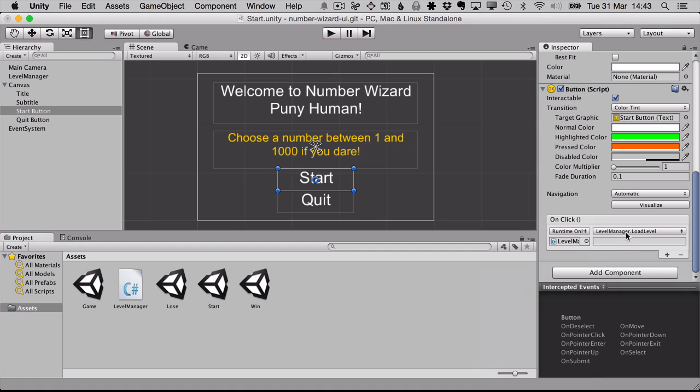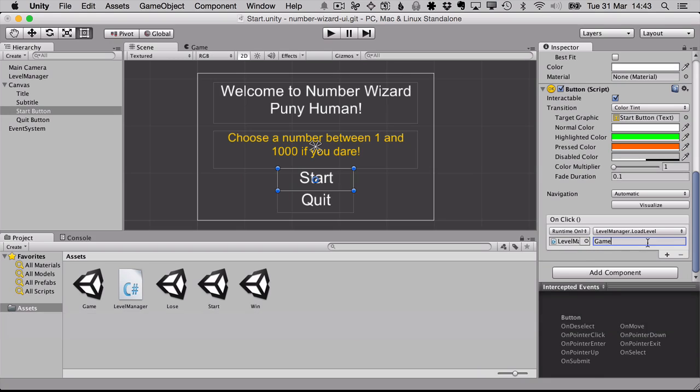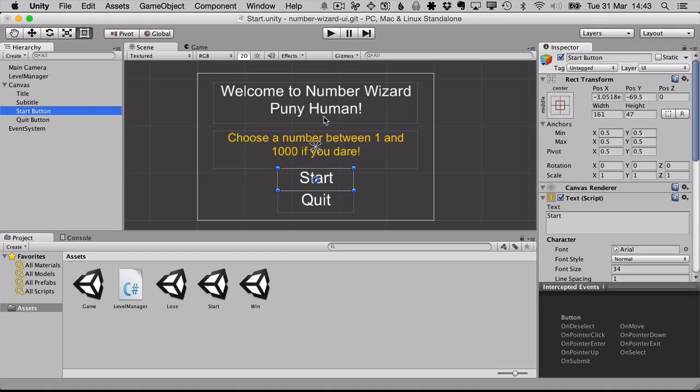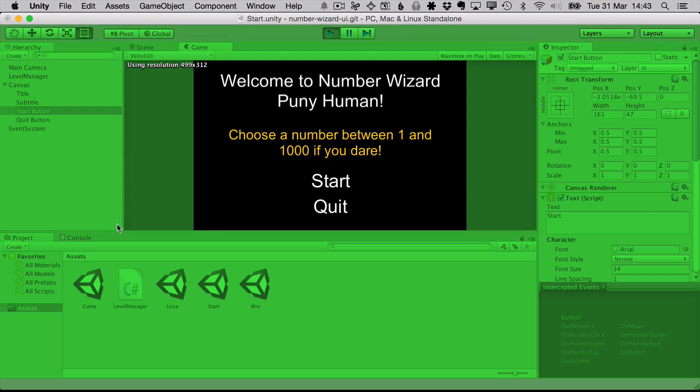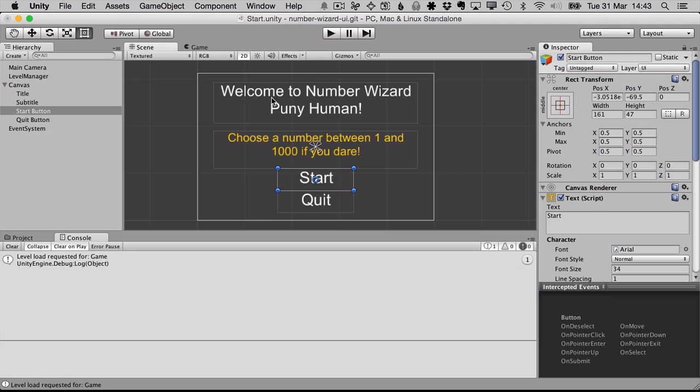And once we've selected this load level, we can now type which level we want to load in the box that's created. And I've selected the game level because I want to load the game from my start button. Now if I press play and select the console and I click on start, we should see that some debug code, the debug message, comes up in the console to show us that the button has actually been clicked properly. So let's pause that,